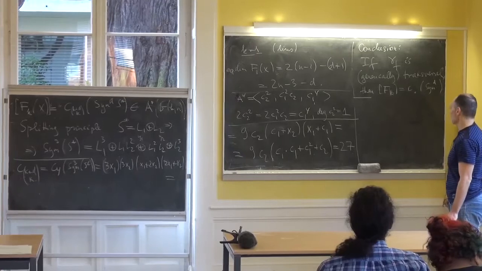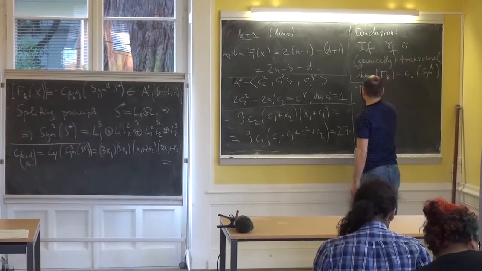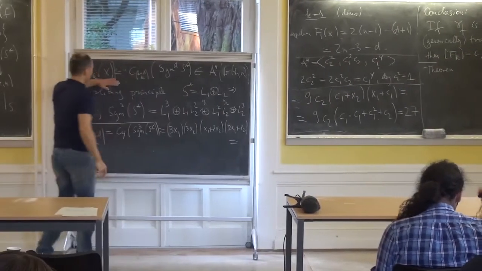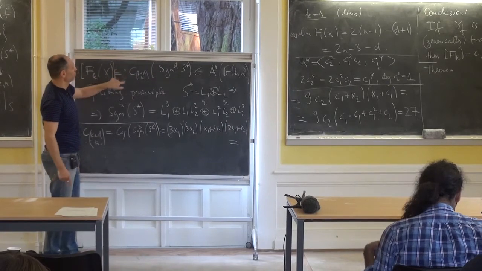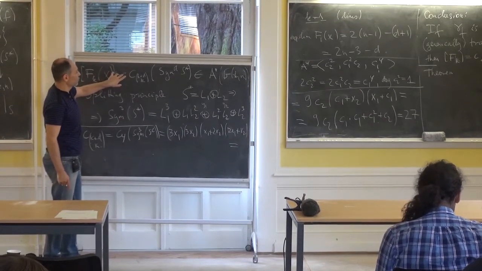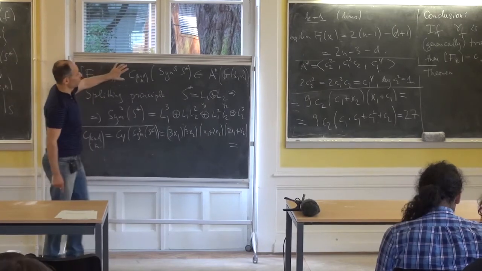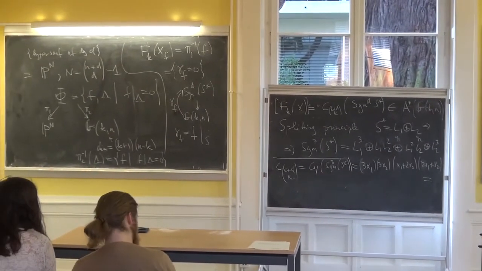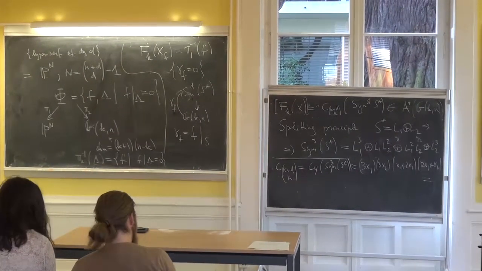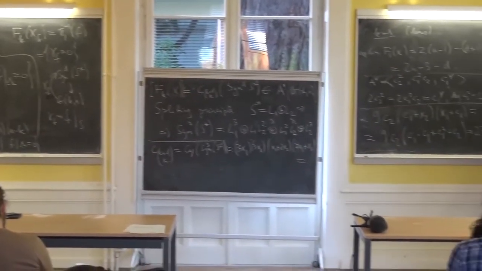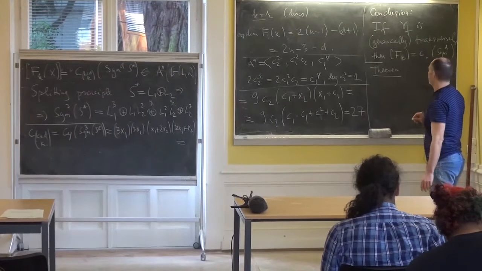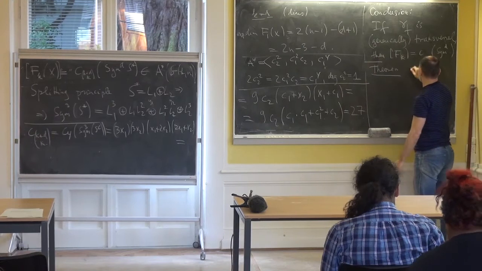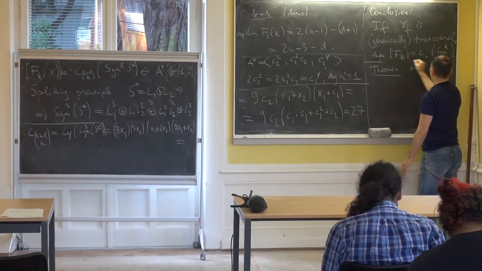And in particular, in our case, this means that in that case, we can make the conclusion about the 27 lines. But in reality, the theorem, so I apologize, so here I was a little bit rushed. I wrote that this is true, but actually this is only true, of course, under the condition that the section is transversal. Otherwise, of course, it's not true. The section could be 0, and then you have the whole of Grassmannian. Okay, so this is only true in this transversal situation. But the theorem says that in this case, that if, so we are in this setup now, n equals 3, d equals 3. Still in this setup,